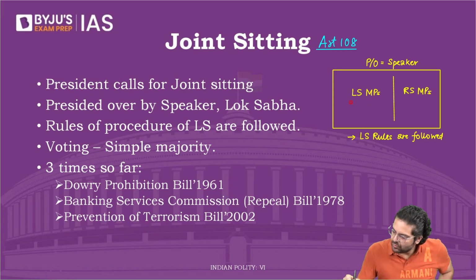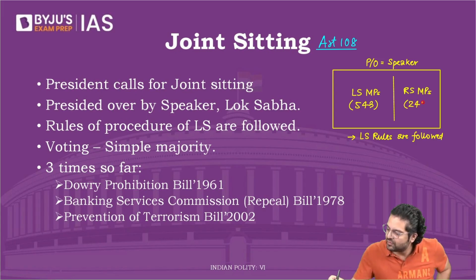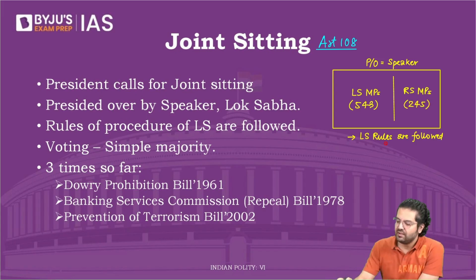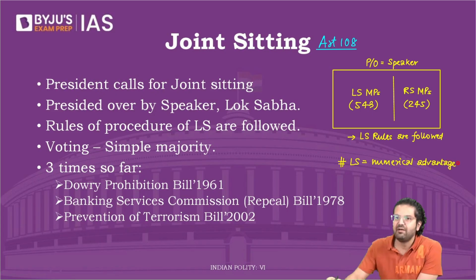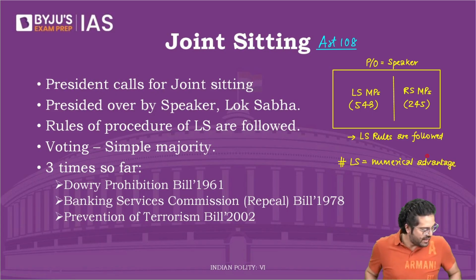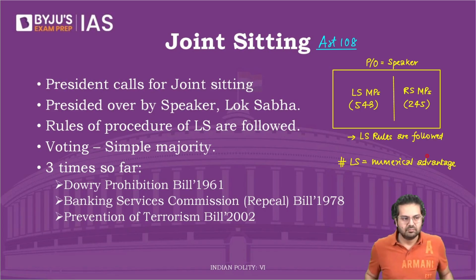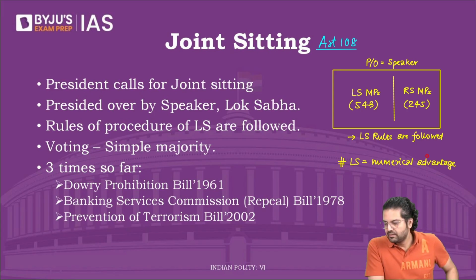So Lok Sabha has 543 MPs. Rajya Sabha has 245 MPs. You can see very well that here Lok Sabha has a numerical advantage. Yes or no? If there is any situation where the Lok Sabha wants to get the bill passed and Rajya Sabha does not, the bill is always passed. Are we clear? Everybody,